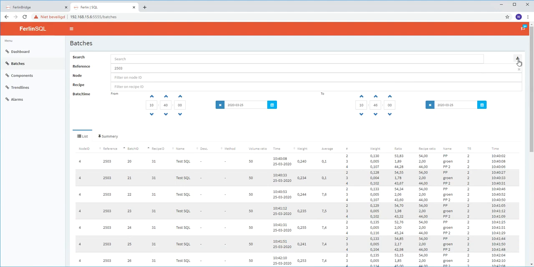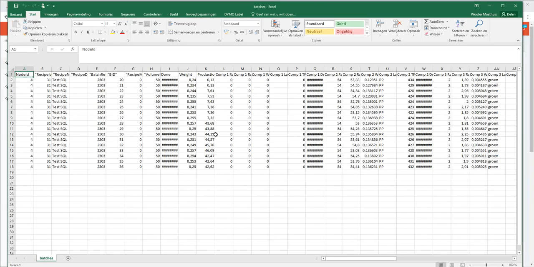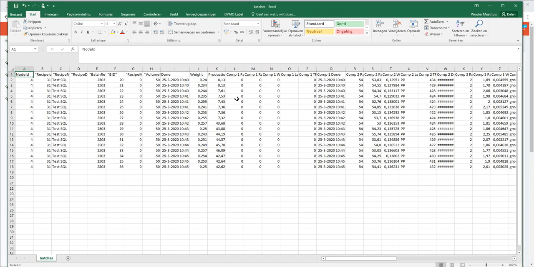Now I can also export my selection by pressing the download button, and it downloads a CSV file. If I press this and you've got Microsoft Excel installed, it will open, and here you can see all the data of these batches. You can see what time it was done,